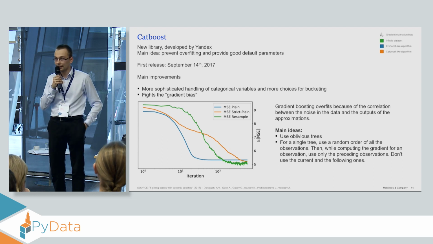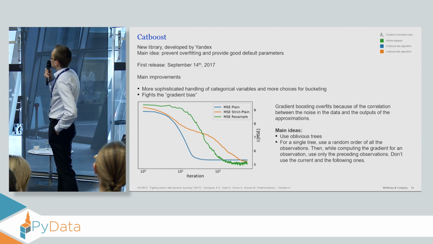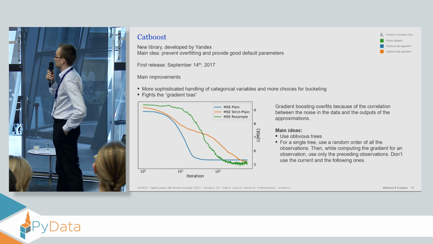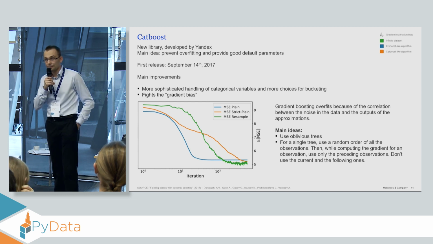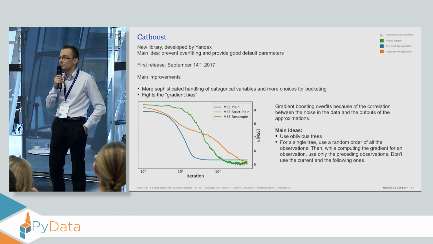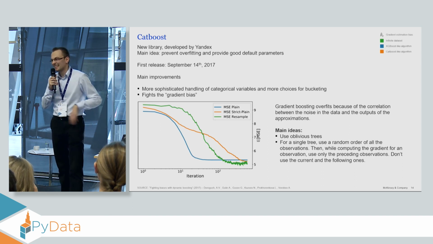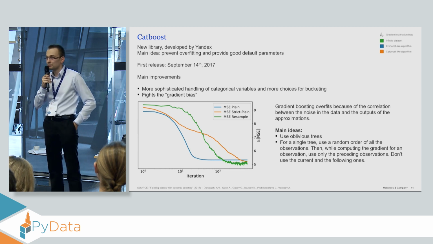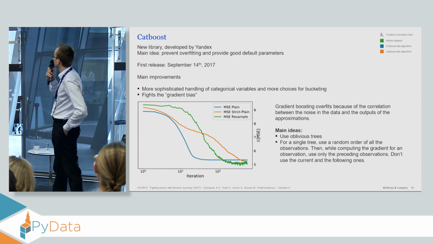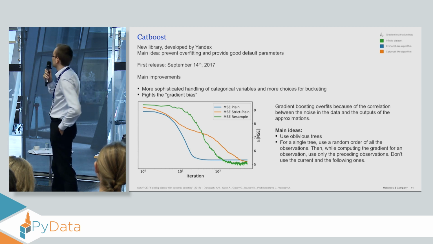Okay, the other library that I would love to present to you is CatBoost. It's developed by Yandex. It's a very fresh library. The first release was September 14th. They had a different idea. Instead of making it faster, they wanted to prevent overfitting. As you know, gradient boosting can from time to time overfit, despite the regularization techniques that you have there. And how did they achieve that? First of all, they